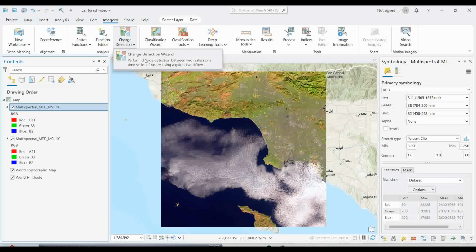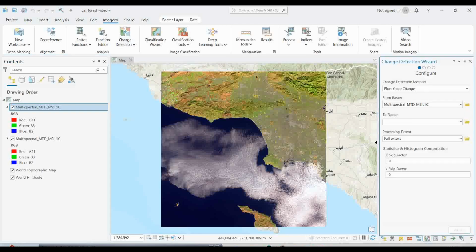So for that, I'm just going to select the change detection tool. There are two options. One is pre and post, as you see here. I think in this case I didn't change the name, so you should properly give which one is pre and post. Accordingly you can change the name so that it will be easier for you to select from this side. It is actually the from image, and that is the to image which you have to upload here